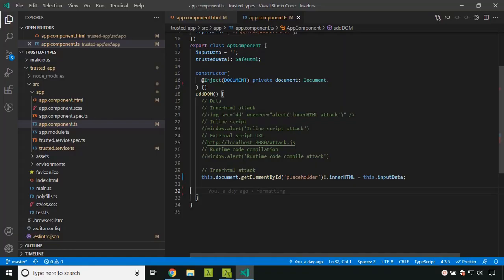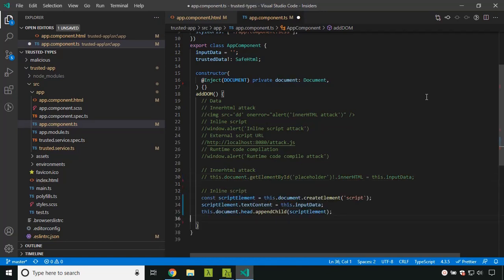You saw that innerHTML and similarly the outerHTML APIs which are accessible in the DOM are not safe for direct access. So let's explore another method in which we can inject malicious code. This is through the script tag. Here I am creating a script element and adding the text content.